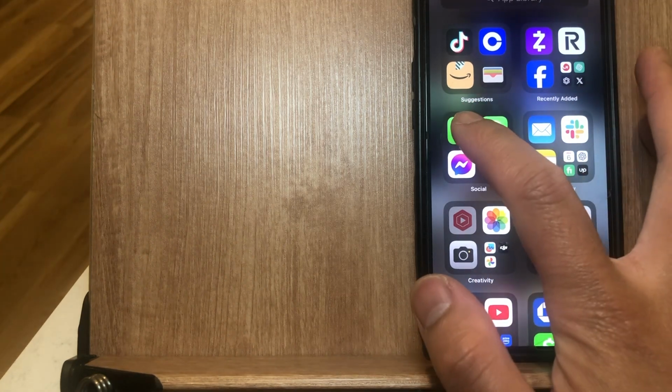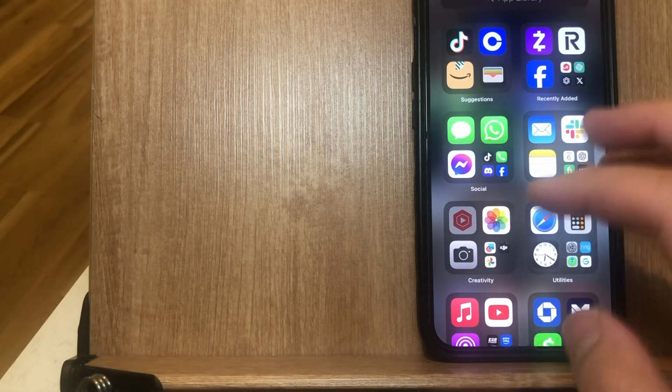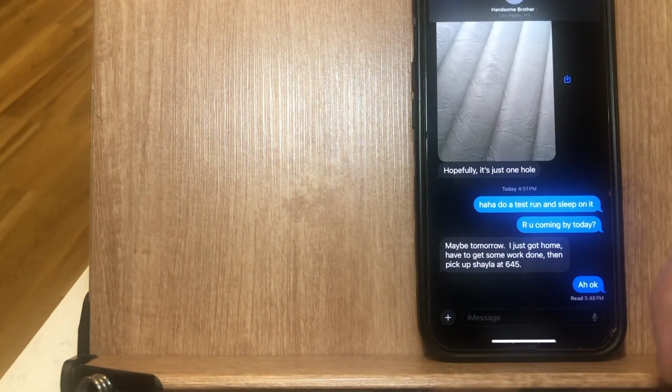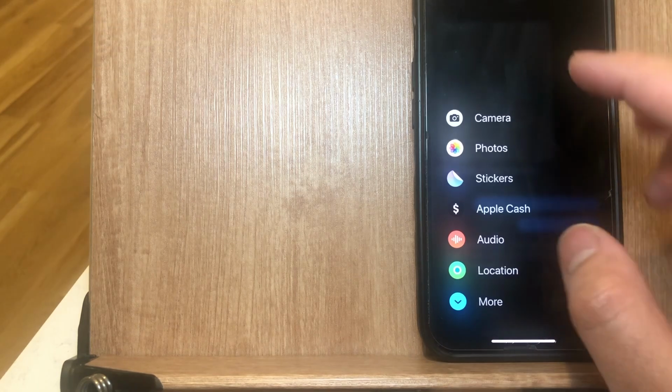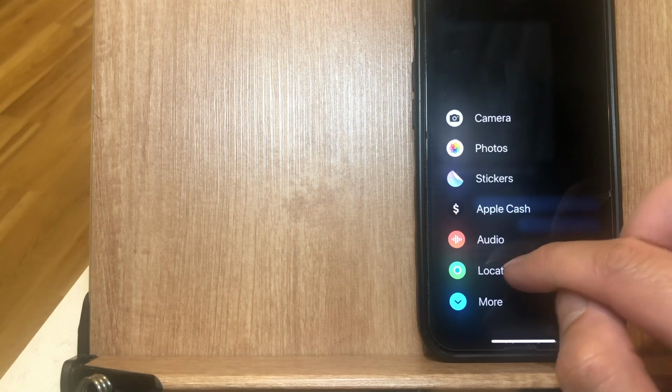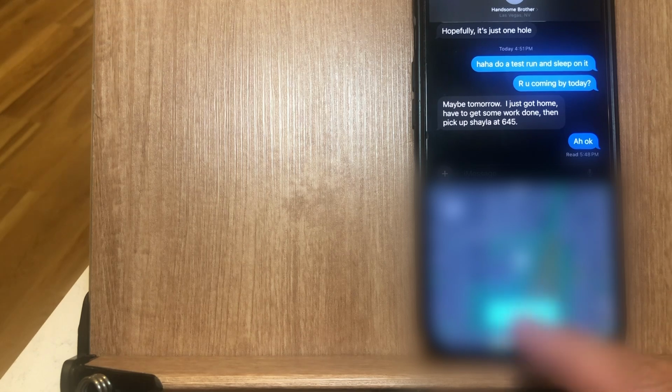First, what we're going to do is enter an iMessage chat with the individual who you want to send your location to. Now, once you have the iMessage chat opened up, what you're going to do is click on this plus icon on the bottom left. Now from here, you're going to see this prompt that says location. So go ahead and click on location. So in location, you're going to see a map of you. All you need to do is click on this button that says send, and then your location will be sent